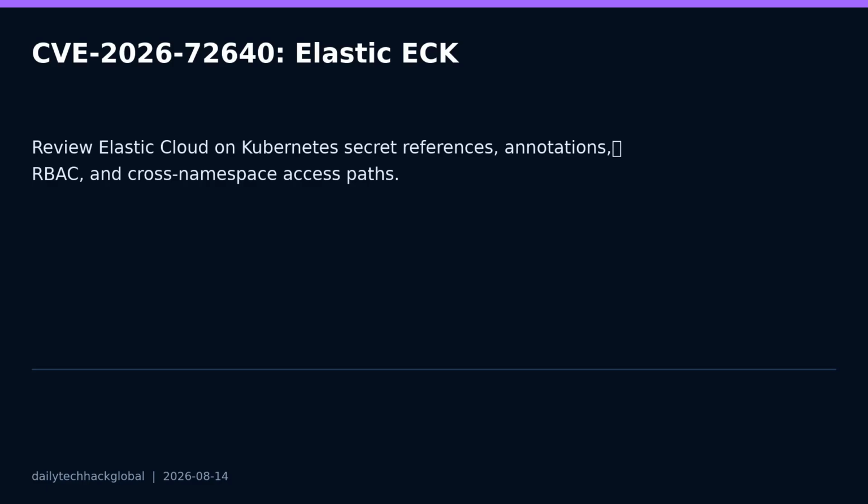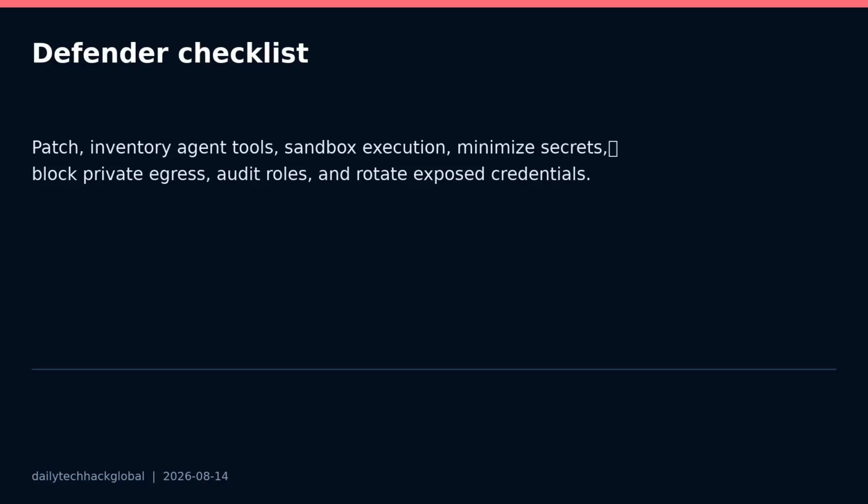For cluster defenders, update according to Elastic guidance, review who can modify ECK managed resources and annotations, and watch for unexpected cross-namespace secret references. Today's checklist: update Flowise to 3.1.3 or later, inventory MCP nodes and authenticated fetch servers, remove